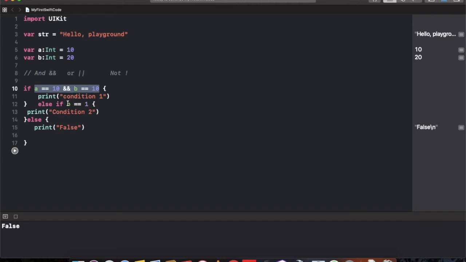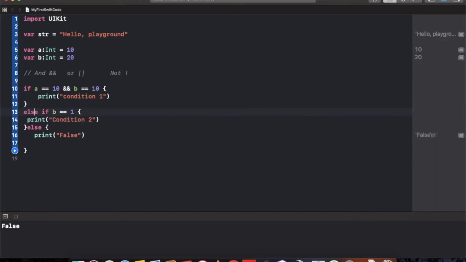Now we write the OR operator, else if, and the same condition, a equal to 10 and b equal to 10, condition true.